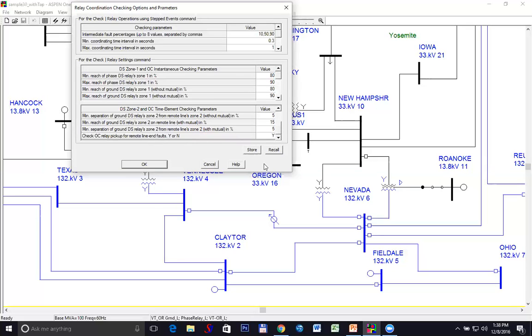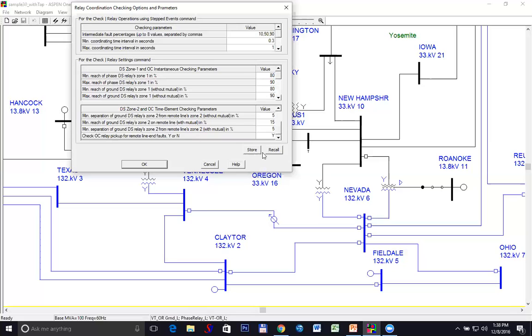Now, we already envisioned the problem of having to transmit this information from one user to another in the same company. So we have these two buttons over here. One is called store. When you press this, it stores the settings in the XML file. Right now it's a text file, but we're going to use XML when we ship it.